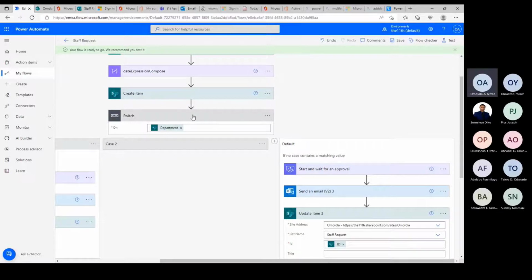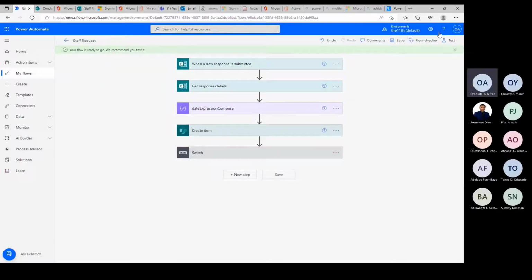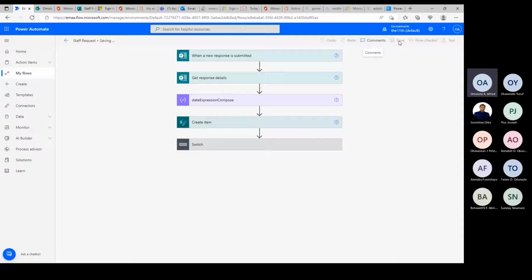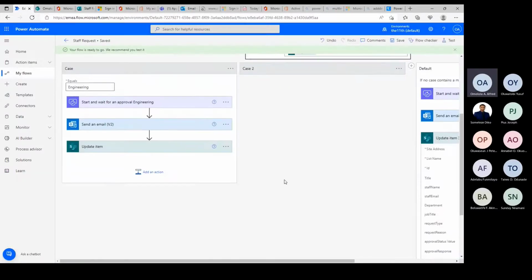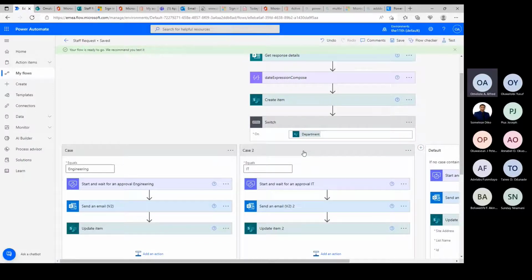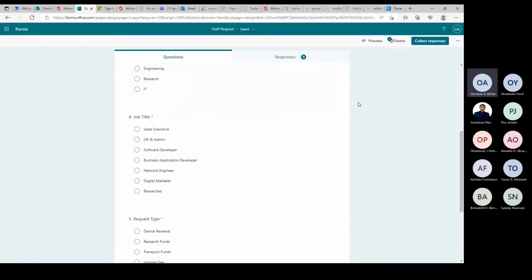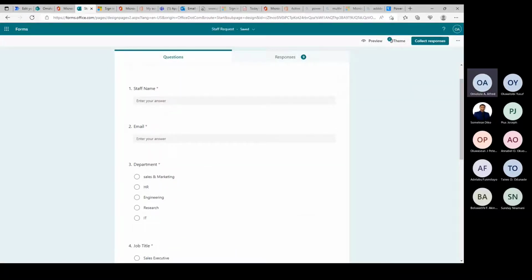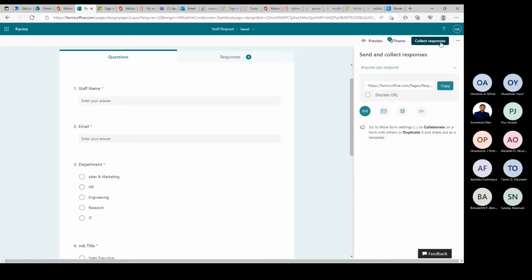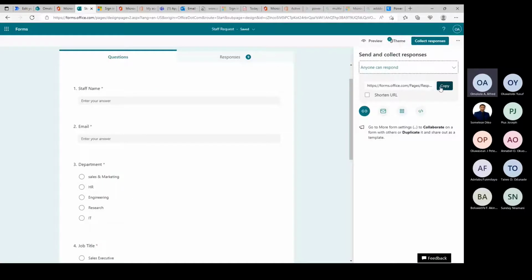Now we are done. What we need to do is to save your flow. Always remember to save your flow. If not, everything we just did will be lost. So now that our flow has been saved, we're going to do what we did yesterday. So I'm going to go here and I will paste the link